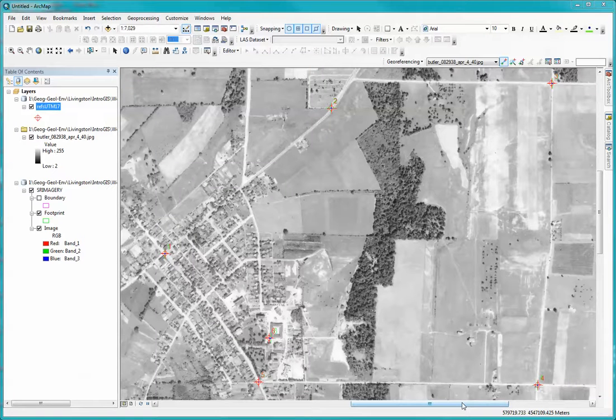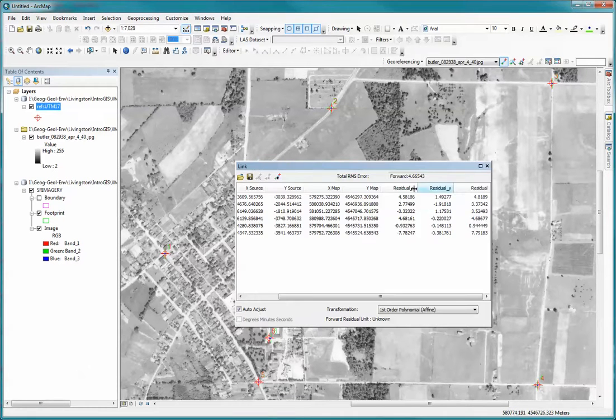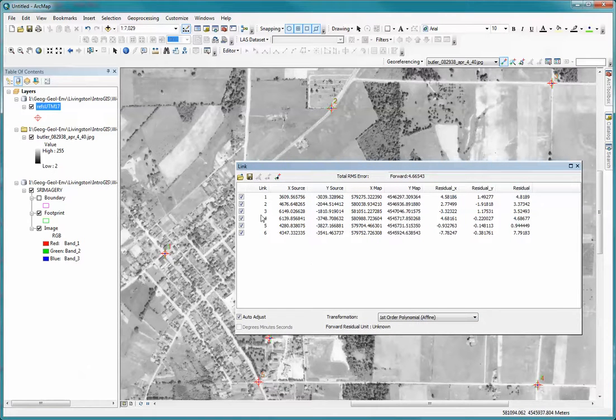Okay, now we have created our 6 ties, if you will. Again, what we do here is we create ties between our image and our reference. And what we can see here is information about that. And what you'll notice, I have 6 links: my X source, my Y source, my map coordinates for each one. And then you'll notice the residual here. Okay, and again, that means, in a sense, how much is left over that they couldn't pull together for each